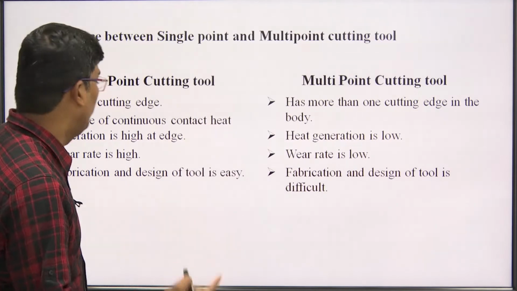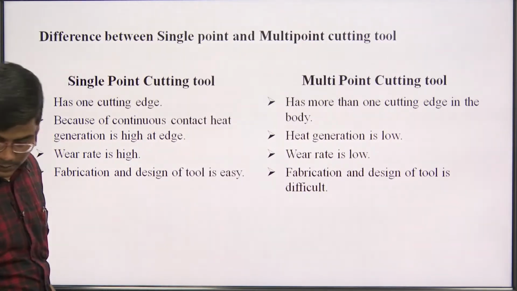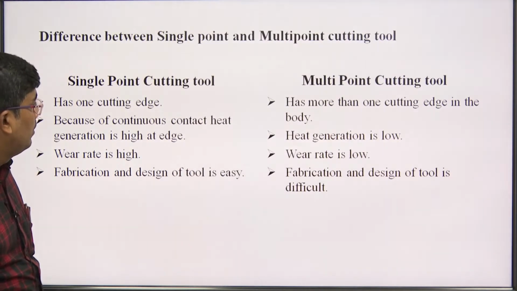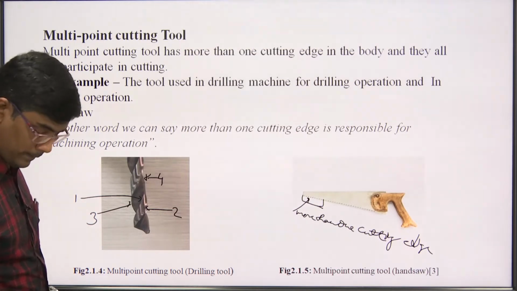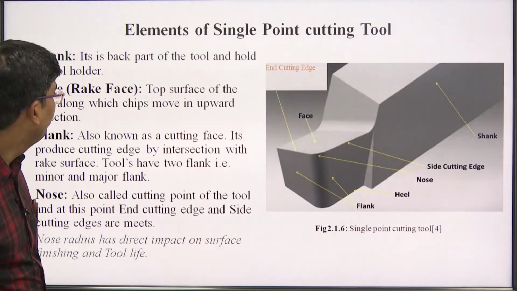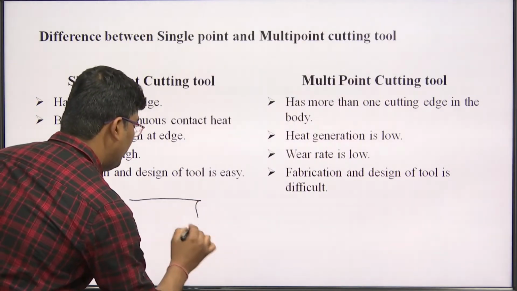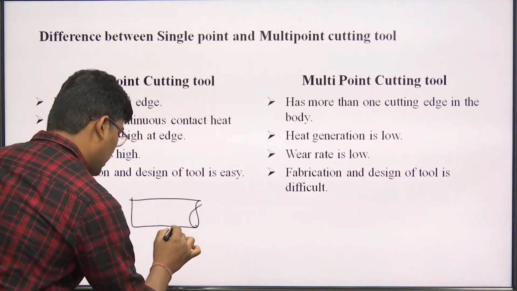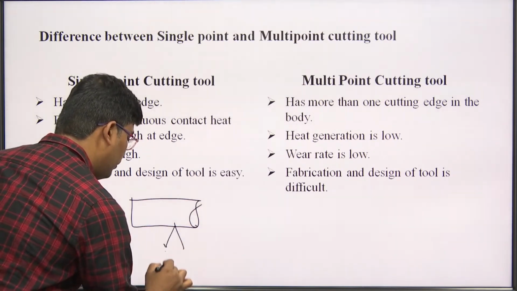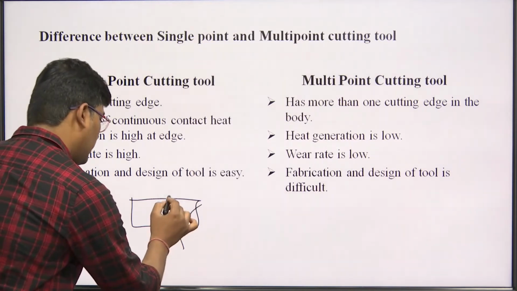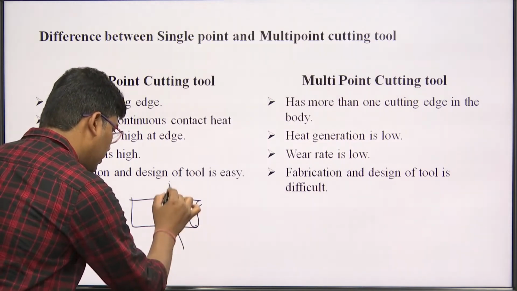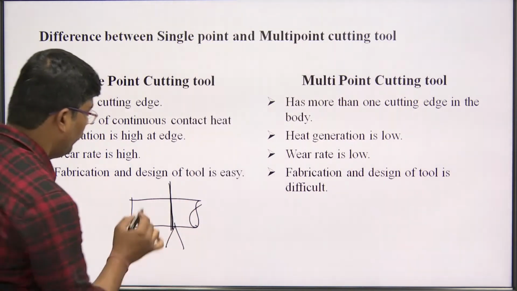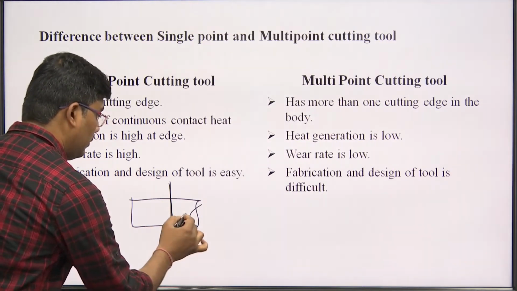For example, this is a workpiece, and a single point cutting tool is used to cut the workpiece from here, making a parting here. Okay, so one cutting edge is passing